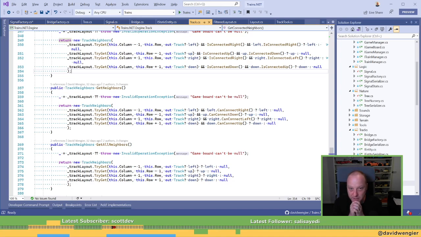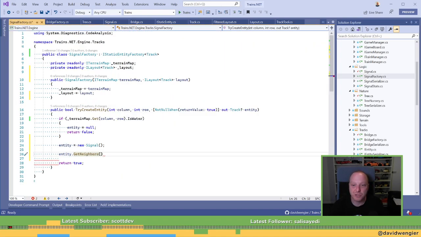Well, if we're saying that signals can only be placed after there's already a track, then actually we can cheat.